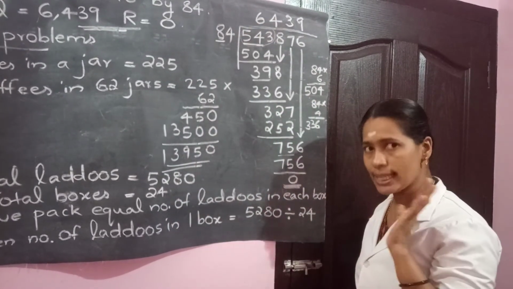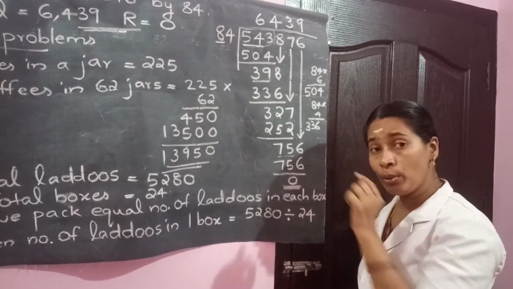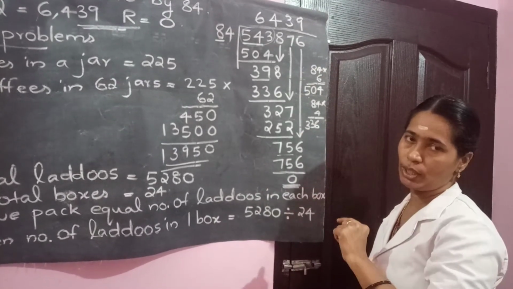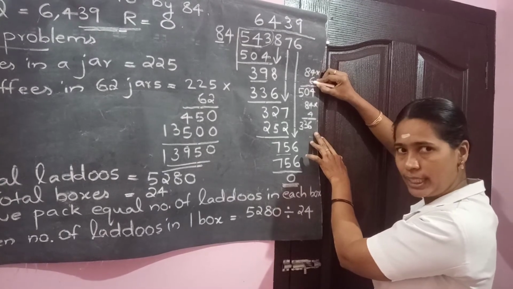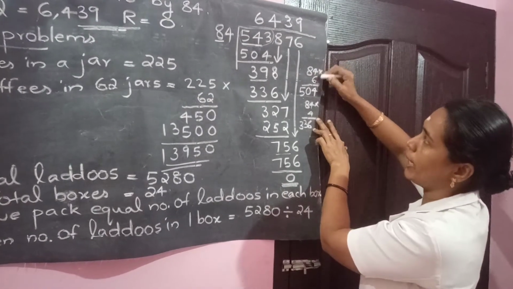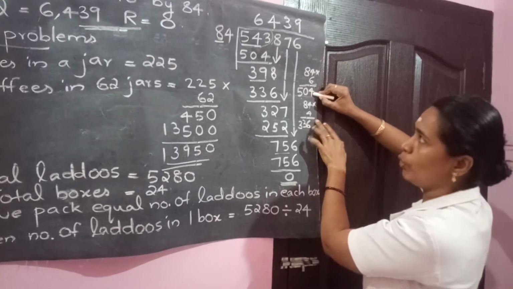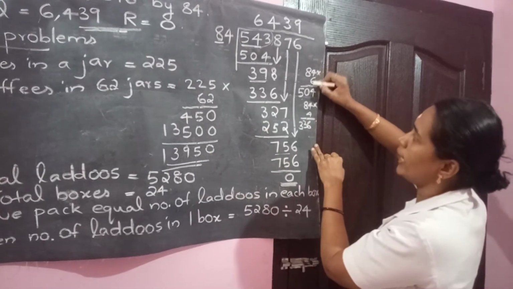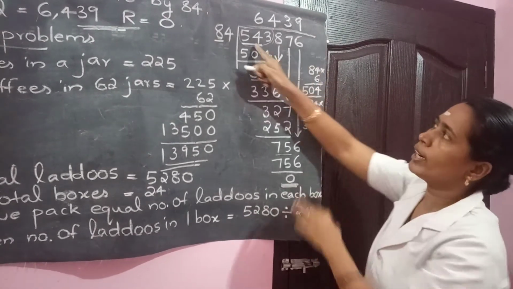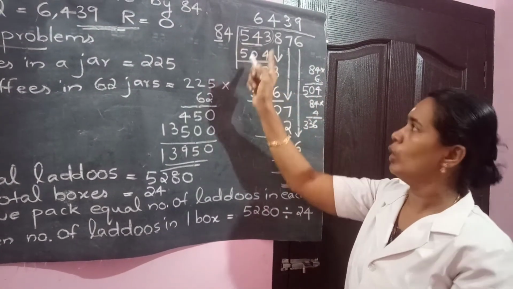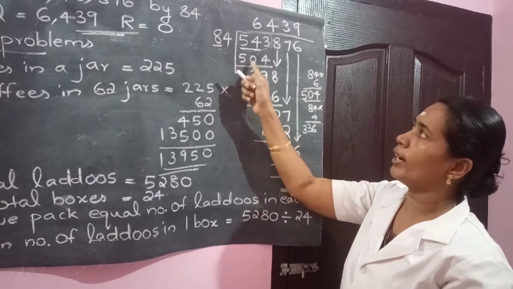This is only an assumption. So you have to multiply and make sure. Teacher has taken the assumption as 6. Okay, let us imagine it as 6. After that, look at multiplication. 6 4s are 24, 2 remains. Then 6 8s are 48, plus 2, 50. 504 we got, and 504 is nearly suitable to this one now. So we can write 6 on the top, 504 here.